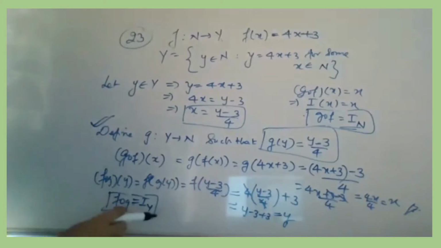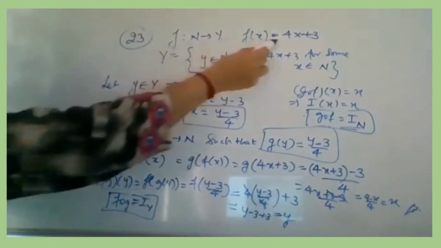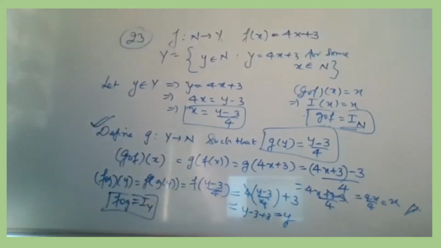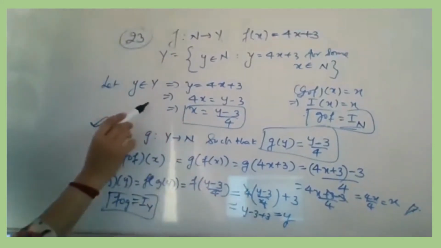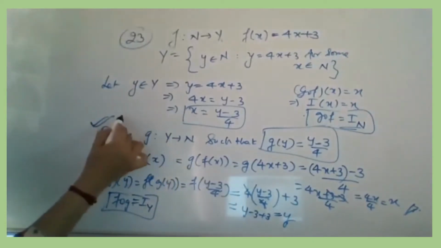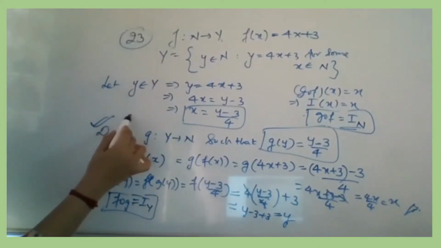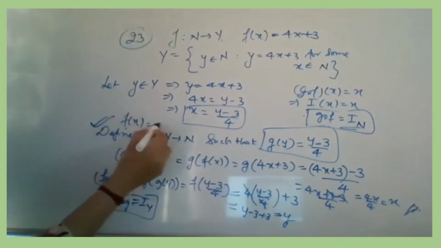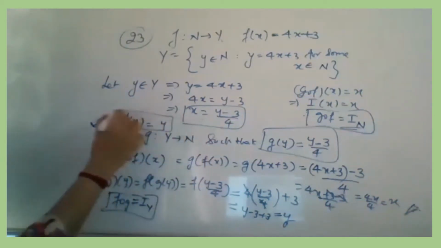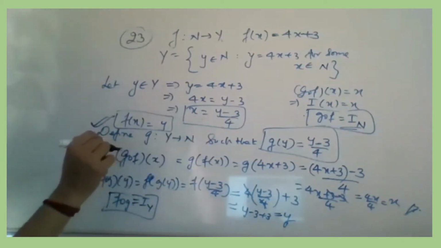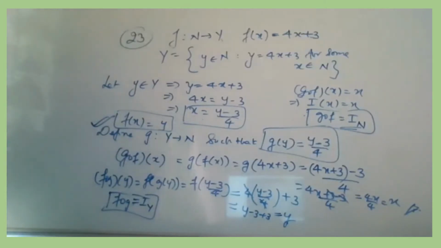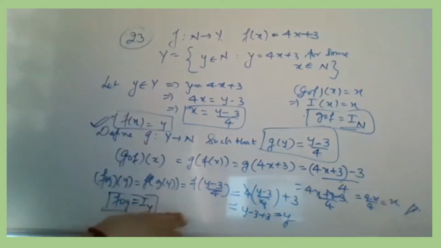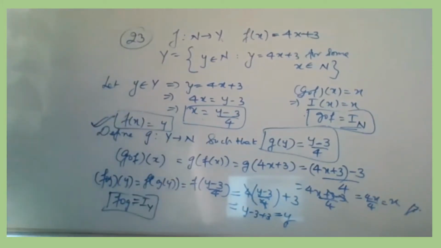अगर आप 1-1 एंड ऑन टू यूज कर रहे हो तो पहले आप 1-1 का दिखाओगे, 4x1 plus 3 equal to 4x2 plus 3. That will give you after simplification x1 equal to x2. So 1-1 has been proven. Then you need to do this step. After that you have to just check whether your f of x is giving you y. f of x equal to y तक आपको पहुंचना पड़ता है, तो ये यूज करके आप y तक पहुंचोगे. Then you can say that therefore the function is onto also. Hence it is invertible. Since it is both 1-1 and onto, it is invertible. Either you can use that case or else this one. Whichever is comfortable, you can use. Okay.